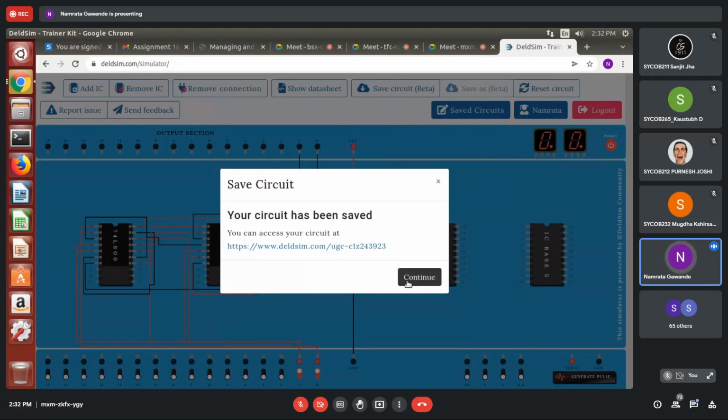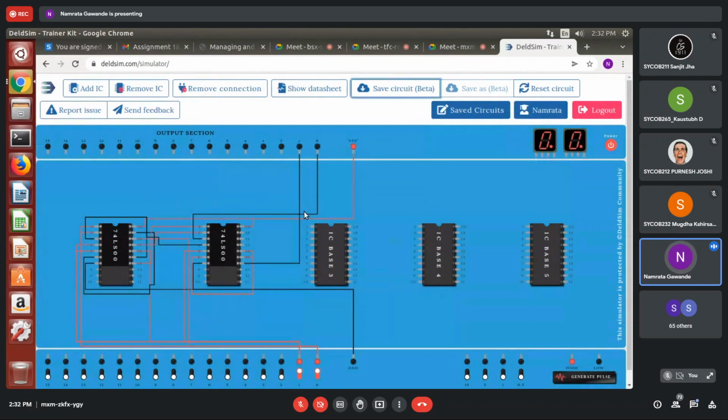Automatically, you will get this on your official mail ID. Okay. Because later you will be required. Okay. This particular part. So you can copy this or paste it somewhere. Okay. You can make a record of that. Where you have saved this particular file, that URL, you can save it, or else you will get it automatically on your mail ID. And likewise, after making connections for each and every practical, you just save those circuits. Anytime I will call you for those connections.